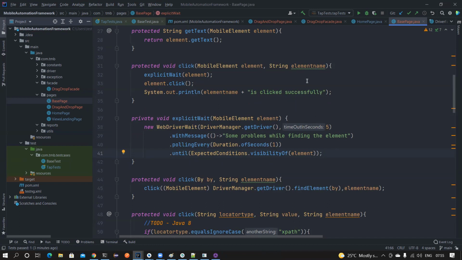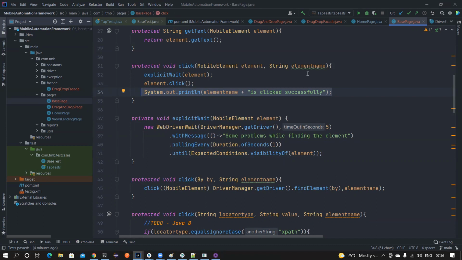Anything from anyone else? Hi, Amutan. Yes, in the page layer, do we put loggers or can we put sysout? We have to use loggers. I have not yet started on logging. Basically, we are not using any log4j. We will only use Extent Reports and try to log all the information. We'll remove the sout statements